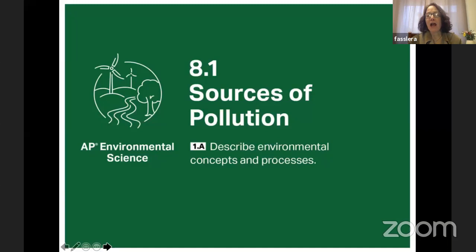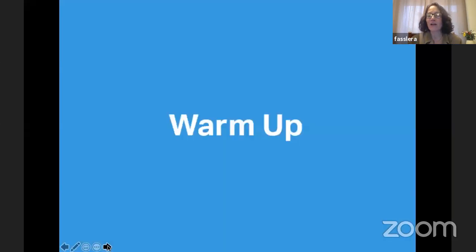In addition to that, everything we do, any new content that we introduce, starting with unit 8 on aquatic and terrestrial pollution, we're always going to tie that back and link it and spiral back to some of the content from units 1 through 7 that you are going to be assessed on. And we're really going to focus on those science skills and practices. So let's jump into a little bit of a warm up.